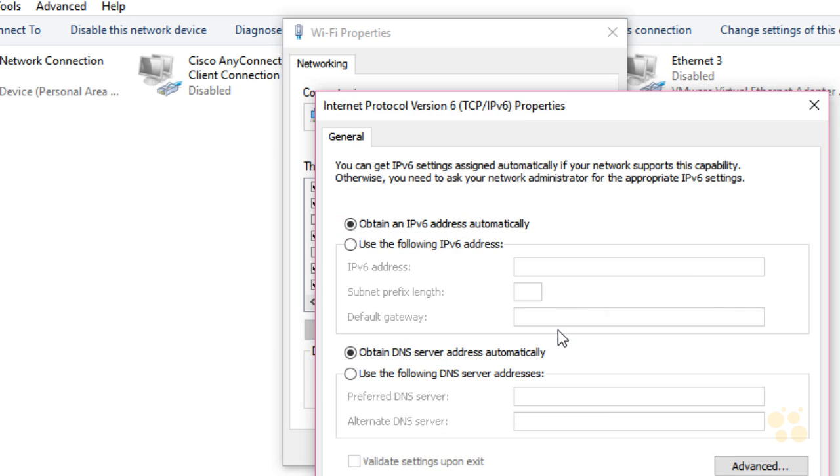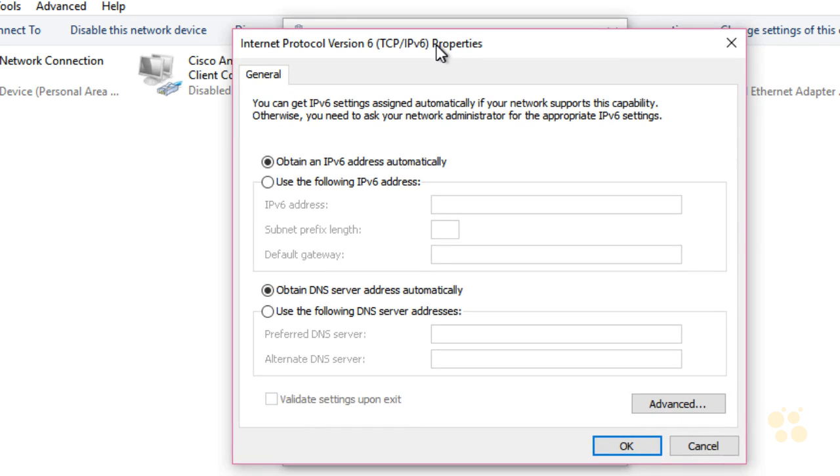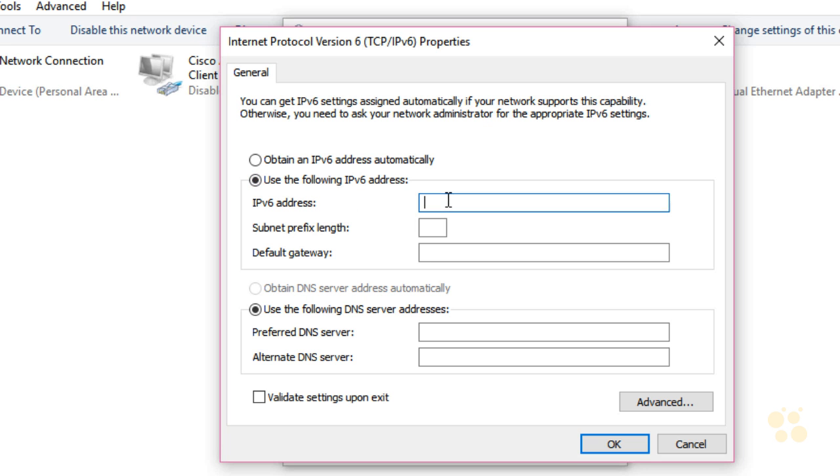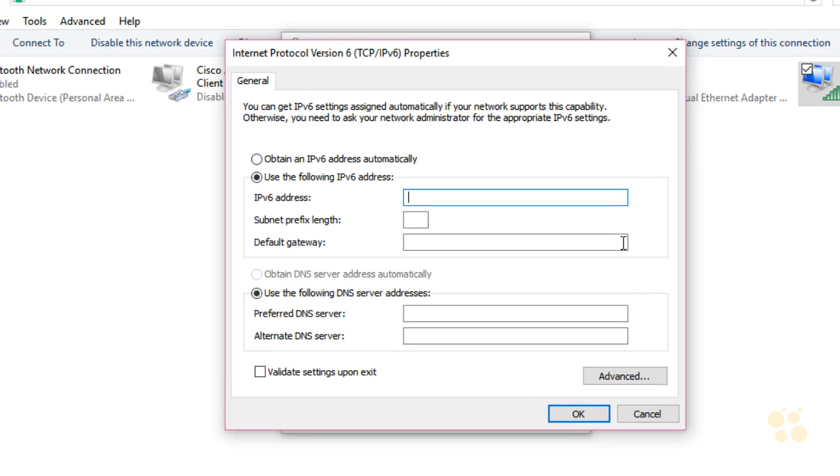And when you go into the properties for this, you'll notice it follows the same logic. We can get an IPv6 address automatically and get our DNS servers automatically, or we can use our own static assignment. Notice that the address field here is really long and the default gateway is really long, and that's because